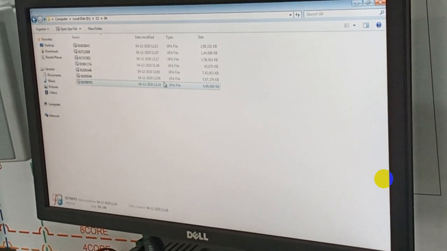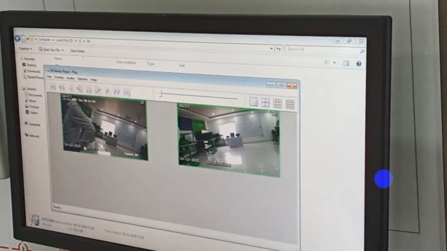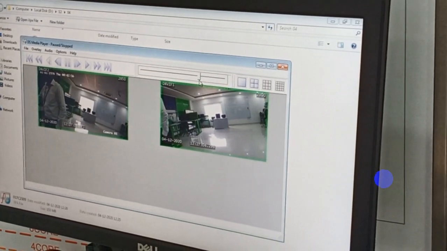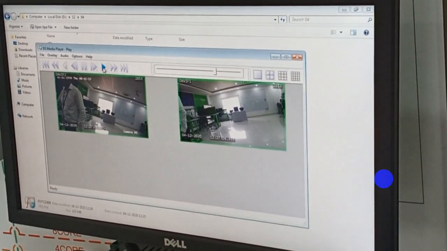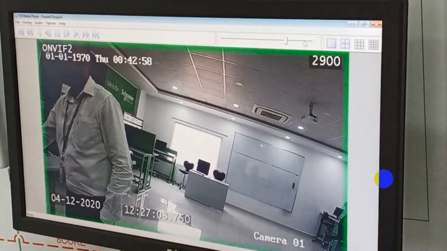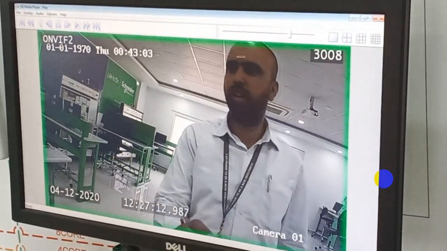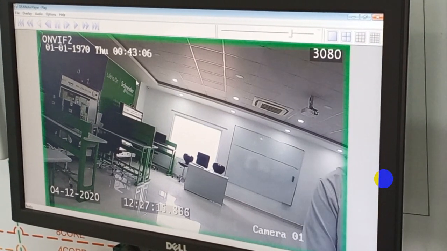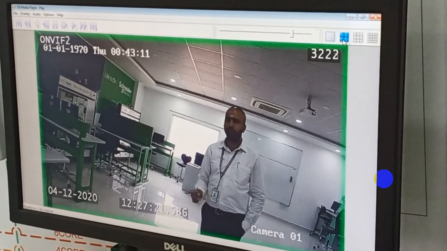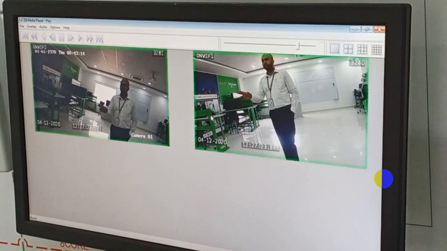Sorry, I think this is not the thing. So 12:27. Here you can see the output, what we have done presently. So in that various views are also there. If I want a single camera view also, I can see that. So this is the camera 1. And camera 2 also, you can have. So both the cameras, I can see in the recorder session.